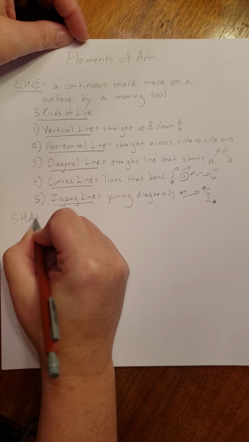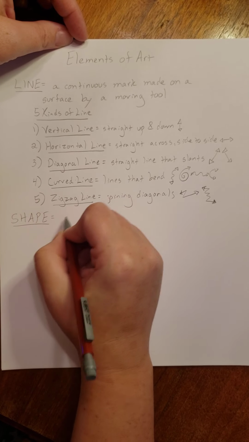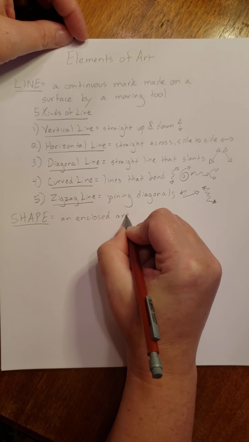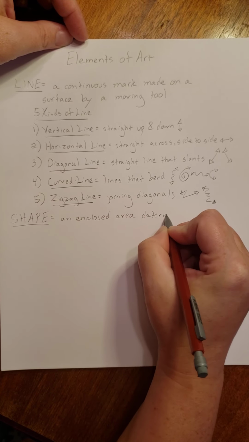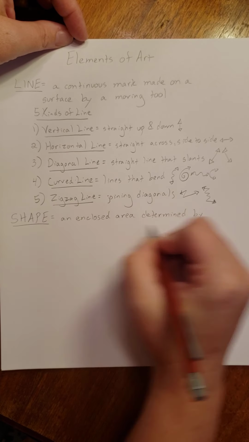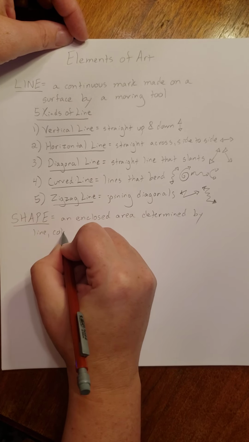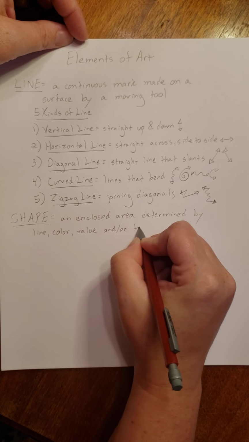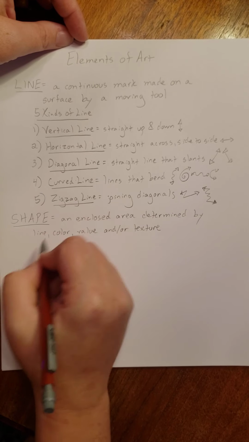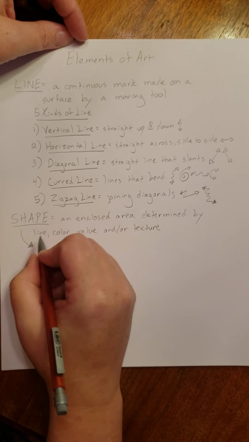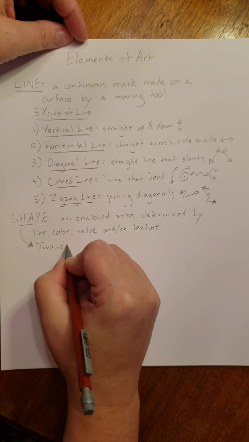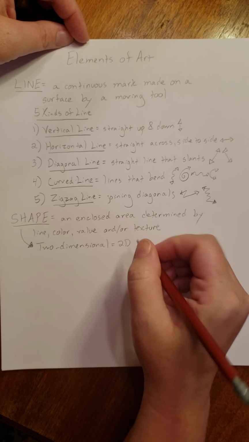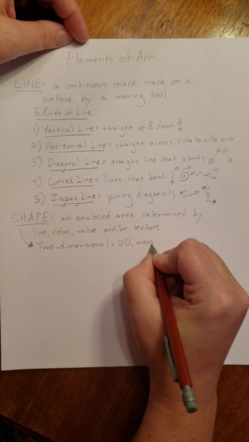Our next element is going to be shape. Shape is an enclosed area determined by line, color, value, and or texture. Now, when we're looking at shapes, we commonly call them two-dimensional, which you guys call 2D, okay? It is measured